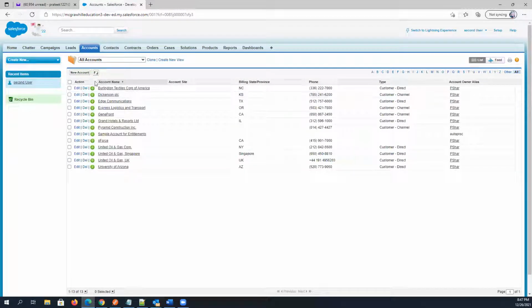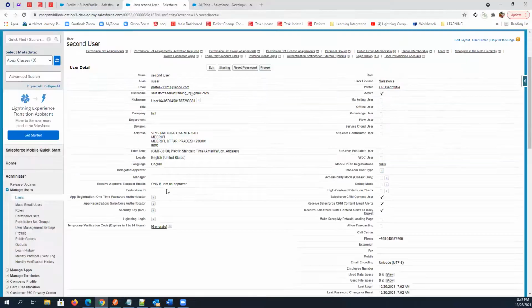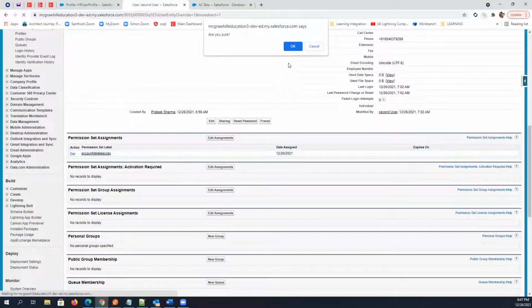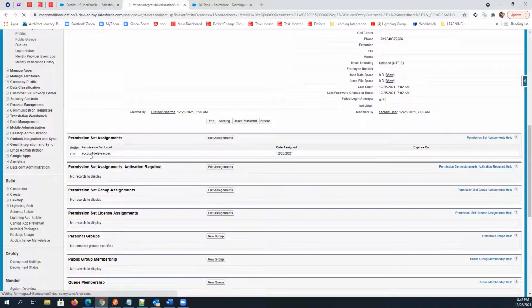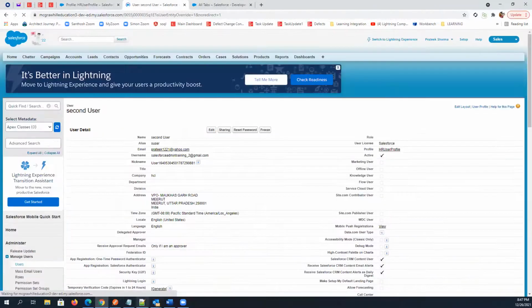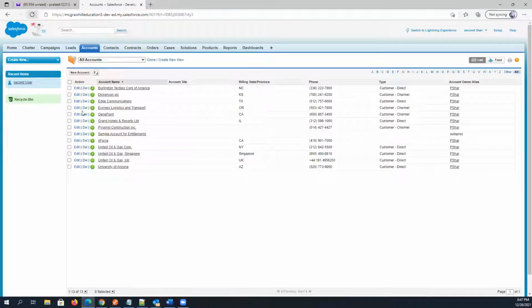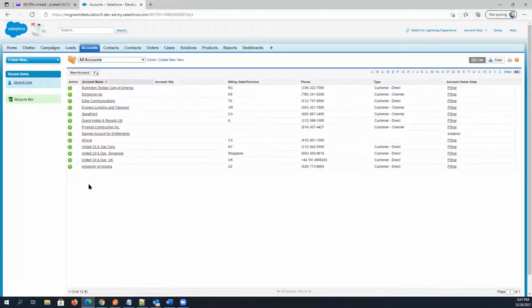clear everyone? Yes. And if you don't want that permission after some time, you can always delete it, right? If you delete it, the permissions will all automatically be removed. So let's say I have deleted this now. If you go again and check, then this particular user will not have all these permissions. See, clear everyone?